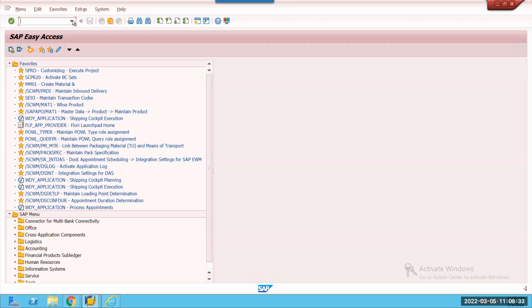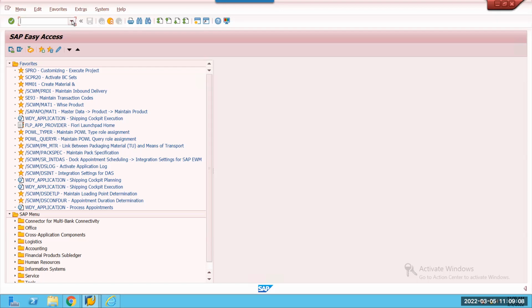But when we are sending a plant, that is going to be created as a BP, what do you call it? A location, right? It's going to create it as a location. If you want to add a location, you can create it. Otherwise, you can directly create the BPs. The plant also, you are creating as a vendor in your ECC system, right? Yes, that plant as a vendor you are creating. Send it here, and that's going to be created as a BP over here, as a plant vendor BP. That's it.